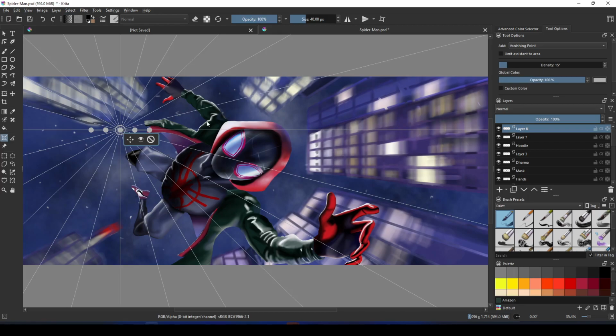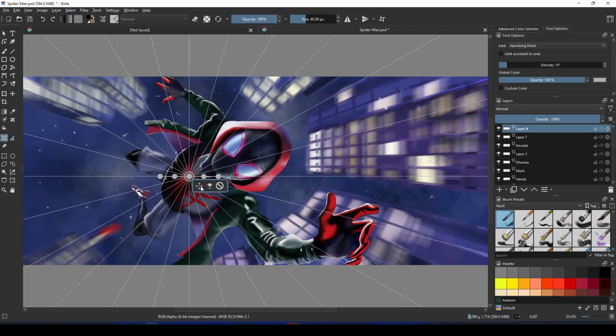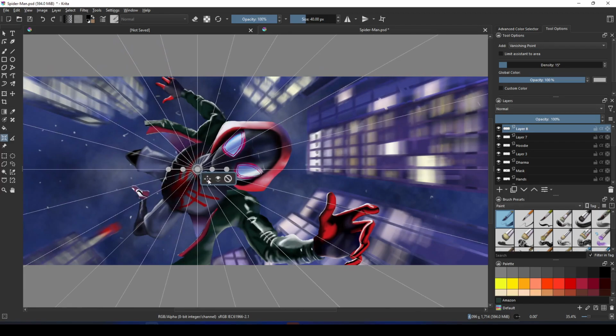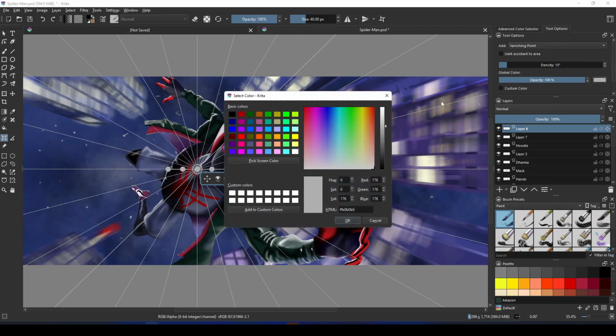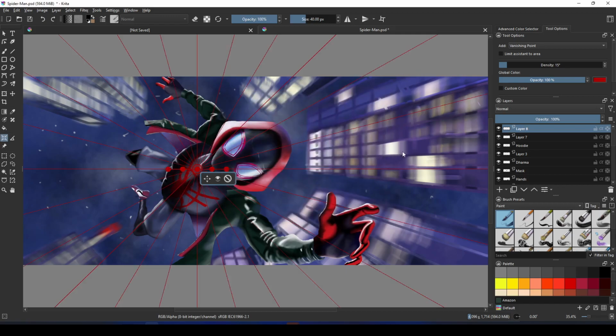The best use of single vanishing point is for creating horizon line. Here is how a vanishing point looks in my Spider-Man's fan art. Now if the visibility is very limited due to color of the background, the color of the assistive lines can be changed from this box. Let's make it red for our sake.